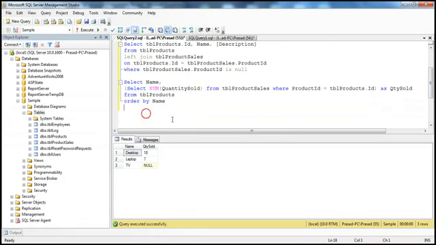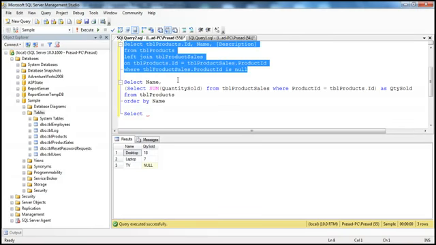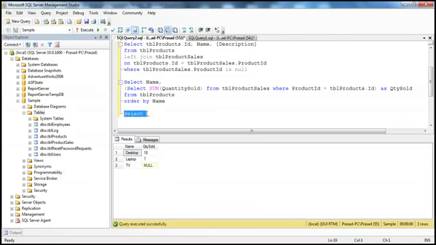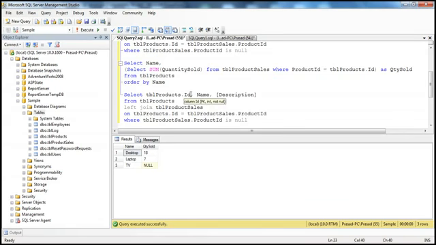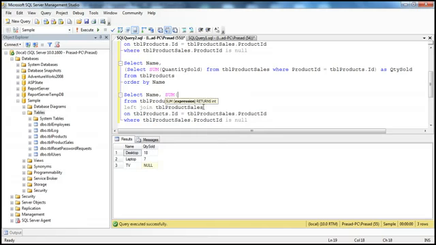Again, that's very easy to do. So we have to know how to use group by and joins here. So I'm going to copy this query just to save some time in typing. So select, what do we want? We want the name of the product and we want the total quantity. So sum of quantity as total quantity or quantity sold